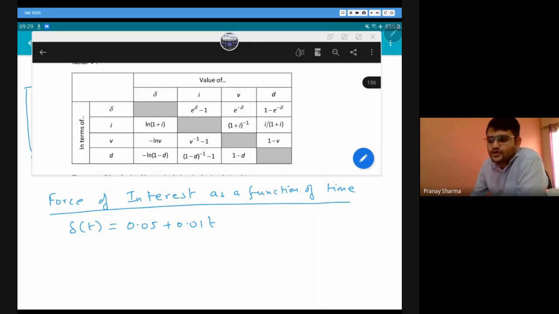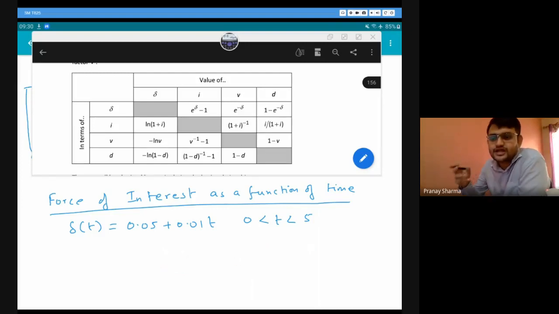Okay, so because I do not earn a lot of money today, but I will be earning more money in the future. Let's say this goes on only from time 0 to time 5. So you are investing for 5 years. At time 0 you are going to get 5%, at time 1 you are going to get 1%. But between that, at half a year, 0.5, you are actually going to get 0.055, that means 5.5%. At any given point in time, it is continuously changing. It is a function of time.